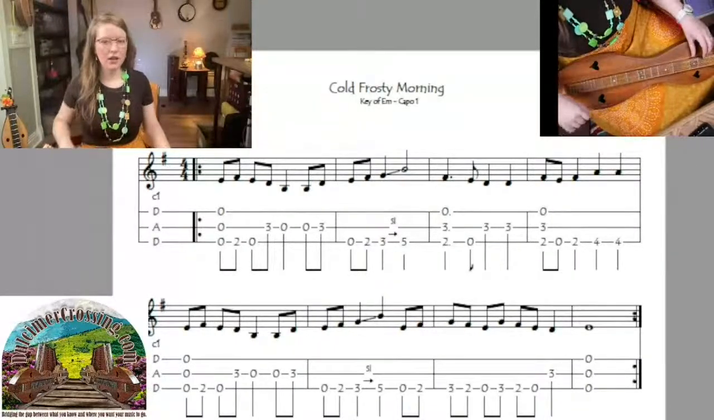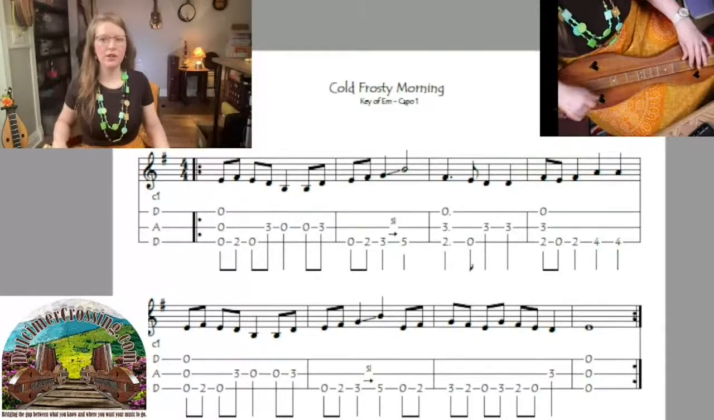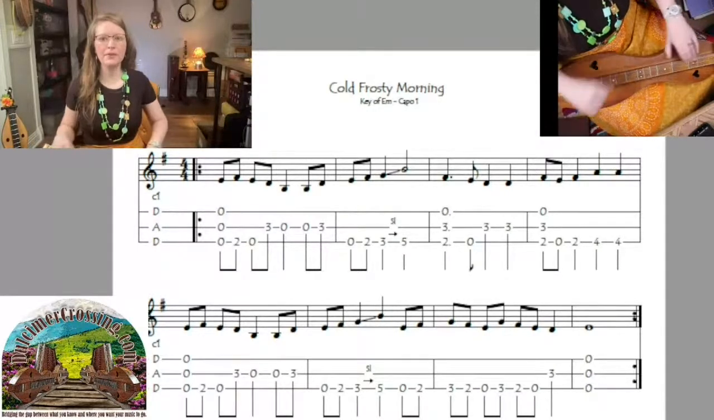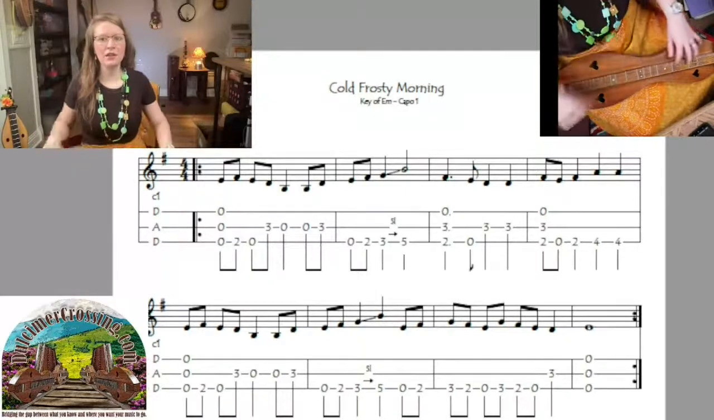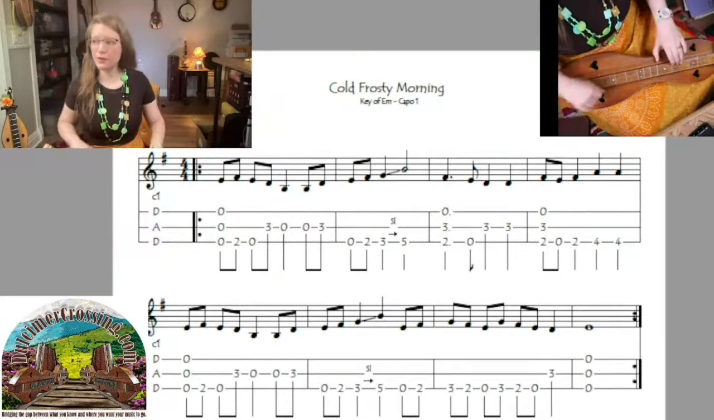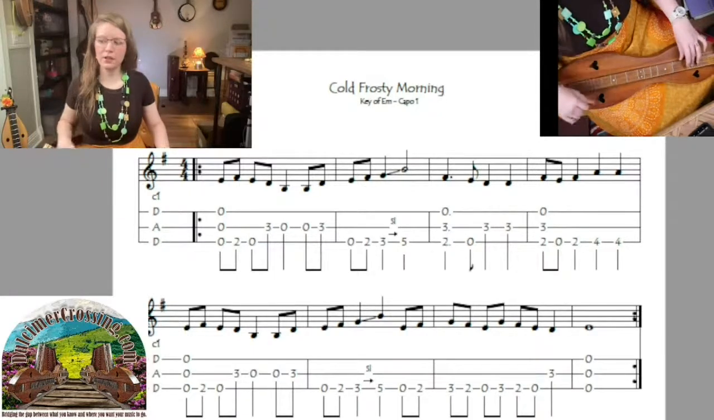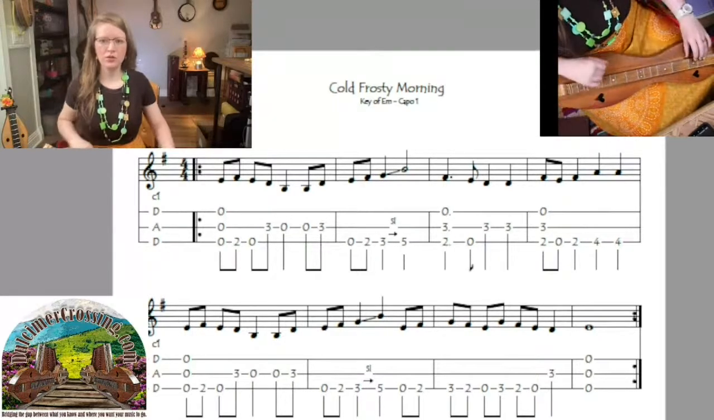Repeat that. Open, 2, open, 3, open, open, 3, open, 2, 3, up to 5 and 2, open, 3, 3, 2, open, 2, up to 4 and open, 2, open, 3, open, 3, open, 2, 3, up to 5. Open, 2, 3, 2, open, 3, 2, open, 3,